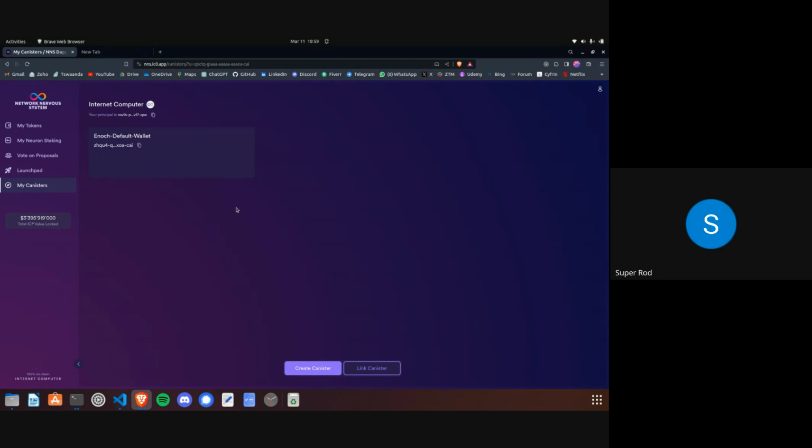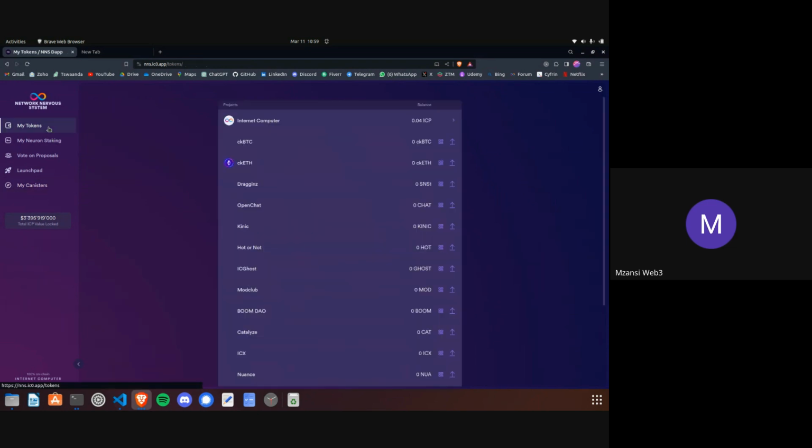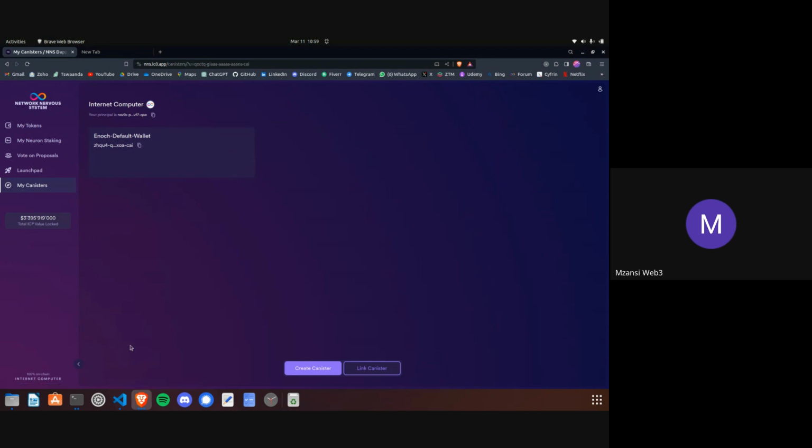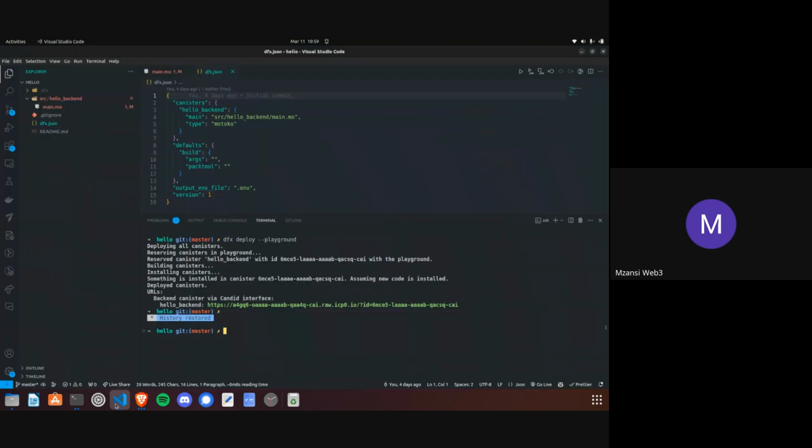Is that NNS a promise? Yes, it can be a promise. I was also just introducing you to this NNS, so you can create your identities, and it's also a really secure wallet for storing some funds and creating some neurons, etc. And then you can also charge your cycles, and after that, the hosting